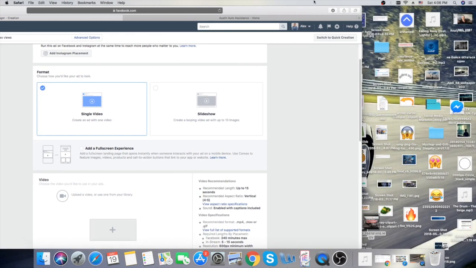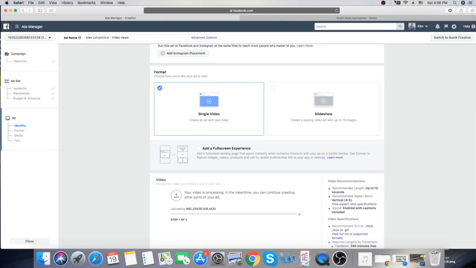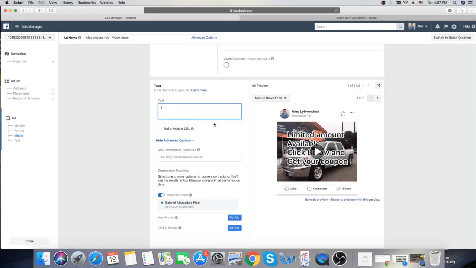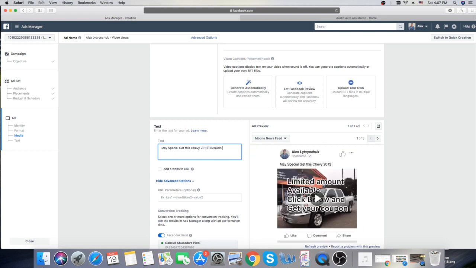Since I already showed you in the previous video for Instagram ads, it's basically the same structure, the same procedure. We're going to upload our video, and then we're going to choose our text, the caption for our car. So we're going to put something like, between the lines, hey, May special, get this Chevy 2013 Silverado. I'm not sure actually if it's a Silverado or not, but you will just put your car in there,